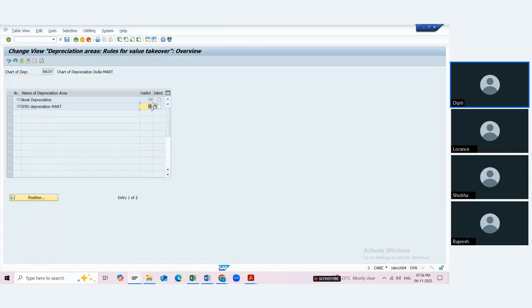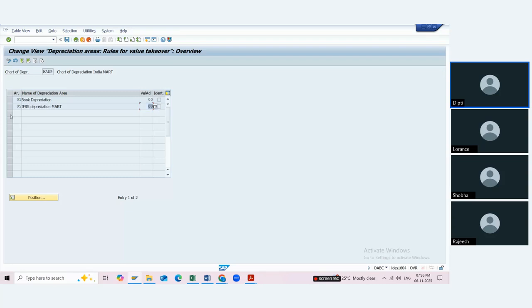So what we are telling the system is to remove this 01. I mean, we don't want IFRS to follow the same value as 01. So you have to remove 01. And it should by default get 00. 00 means it will have its own independent value. But if you try to type 00, you will never be able to; your system will never allow it. So you do not have to type any value, just click on the enter button, and then 00 gets